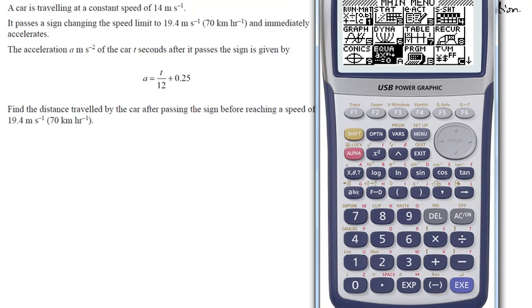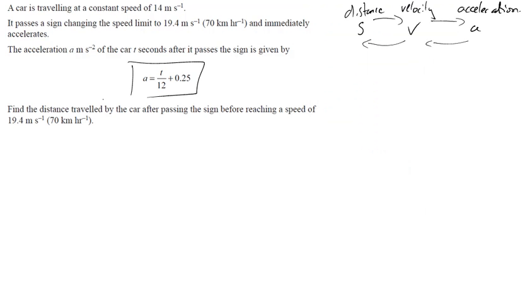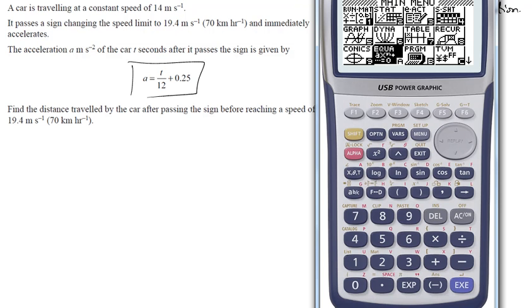So you've been given that it starts off at 14 meters per second. It changes speed until it gets up to 70 kilometers per hour, and it means acceleration, and acceleration is given to us by this formula. So that's fine. So if I've got the acceleration as that, then the velocity